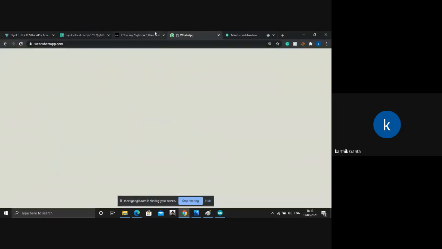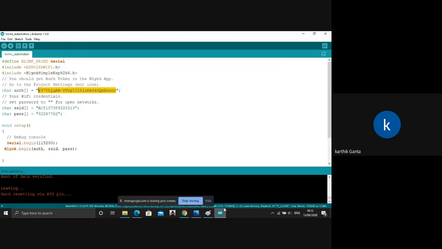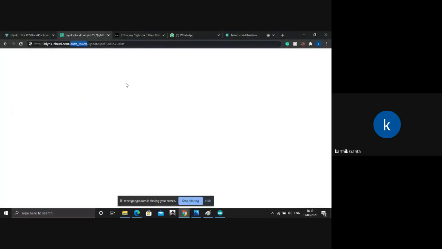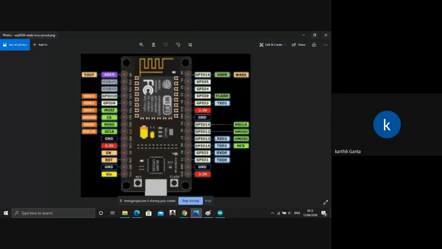We put it here and edited our authentication token, and we give the pin number. Make sure the pin number should be D16, or if it is D0, then D0. If you are giving the pin numbers according to the GPIOs, if it is GPIO 16, just give GPIO 16.